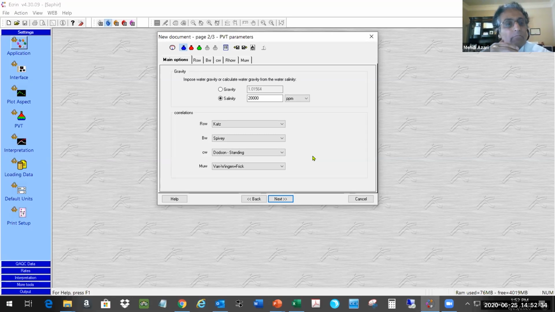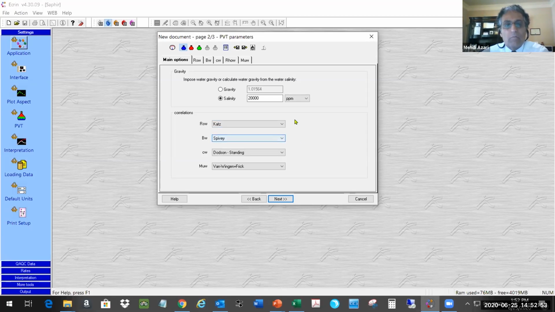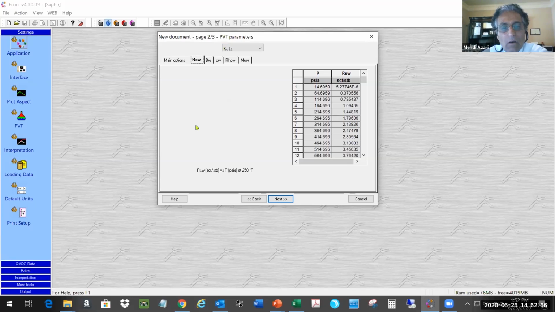When I want to do a really good job, I have time that I can spend on it. I have some properties, I have some values, and I match them with a certain correlation. I just do it individually. I try Katz, okay, and then write down the parameters. I use Meehan, I use Spivey, until I get the right correlation. And those are, let's say, RSW,